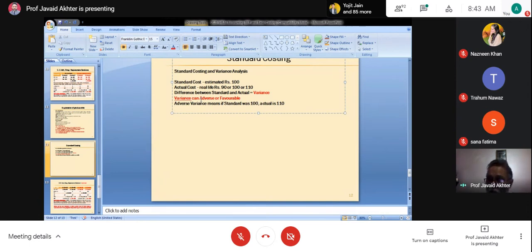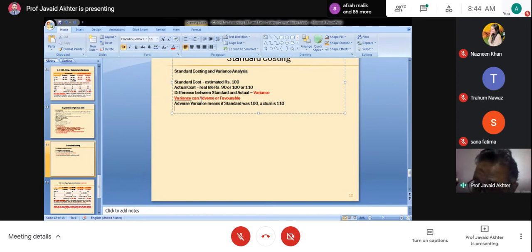Total cost may consist of several things. It may happen that in one case it was adverse, in the other case it was favorable. It may happen at several places and in several situations. Therefore, we need to take a step-by-step analysis. Sometimes one step, sometimes 2, 3, 4, 5, 6. We go on and on. The more in depth we go, the more useful data is made available for management to take decisions.